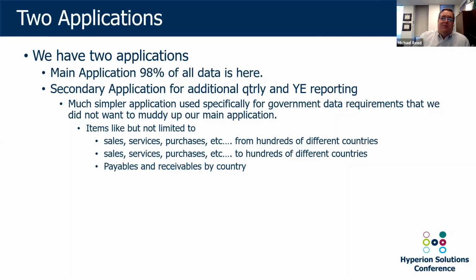We have a custom dimension that has our countries in it because we have certain items that we have to collect: sales services to, sales services from, purchases to. I think some of the requirements is because we're a government contractor, we have to tell them where we're buying our stuff and where it's being sold. And if we know we're selling to a distributor and we know where that's being sold,